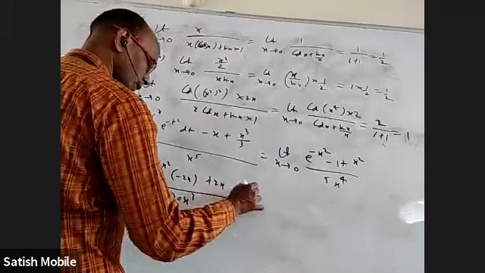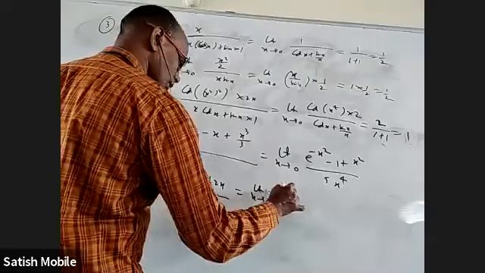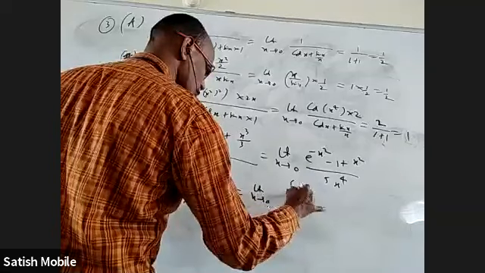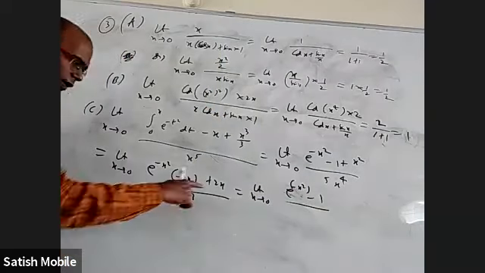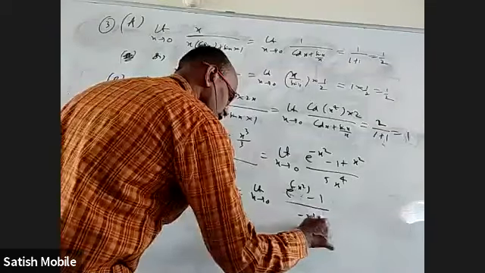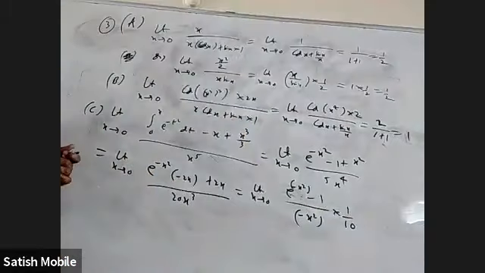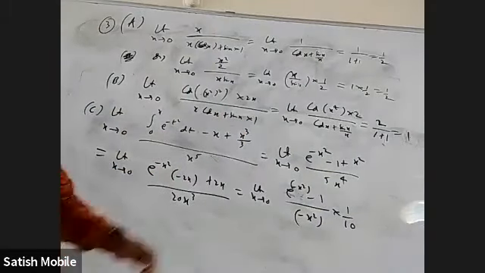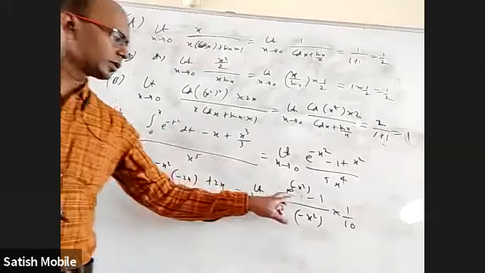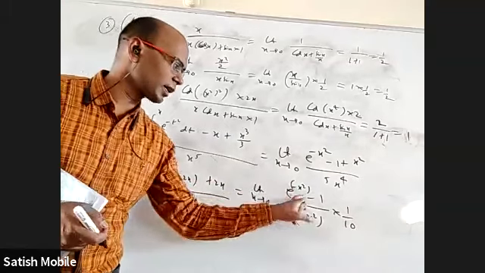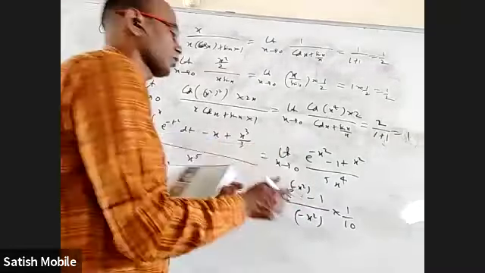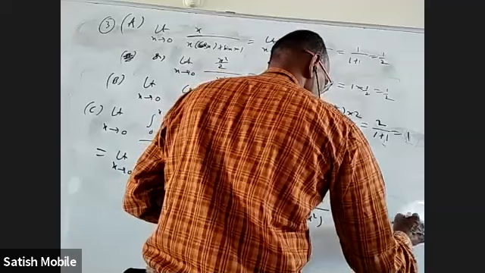If I take minus 2x common, limit x tends to 0, I can even cancel it. I'll get e power minus x square minus 1, and when I take minus 2x common and cancel here, I'll get minus 10x square. I am going to write minus x square into 1 by 10. We have a formula in limits: limit of e power x minus 1 by x, as x tends to 0, is 1, right? So in the place of x, minus x square is there, not a problem. E power something minus 1 by that something, and that something should be tending to 0. This limit is 1, so it is 1 into 1 by 10, which is 1 by 10.